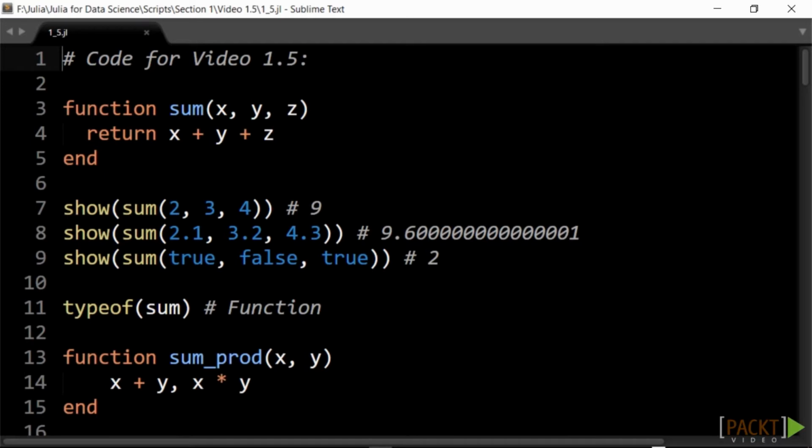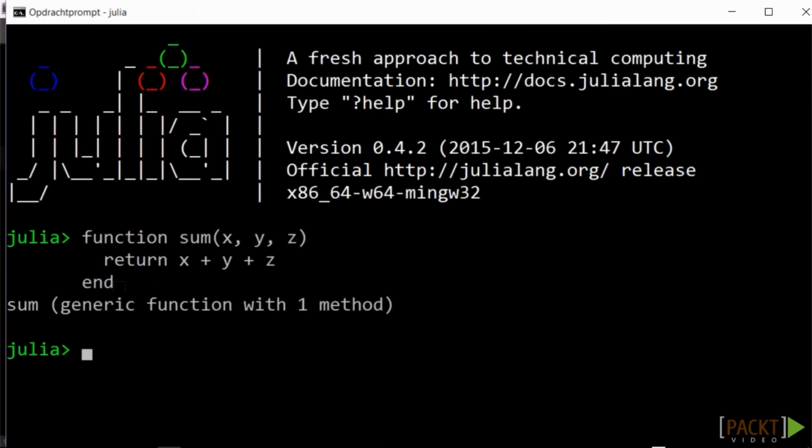To start simple, here is a function that takes 3 arguments and returns their sum. Notice how Julia responds with sum, generic function with one method. Functions in Julia are generic. That is, they work for a lot of argument types. For example,